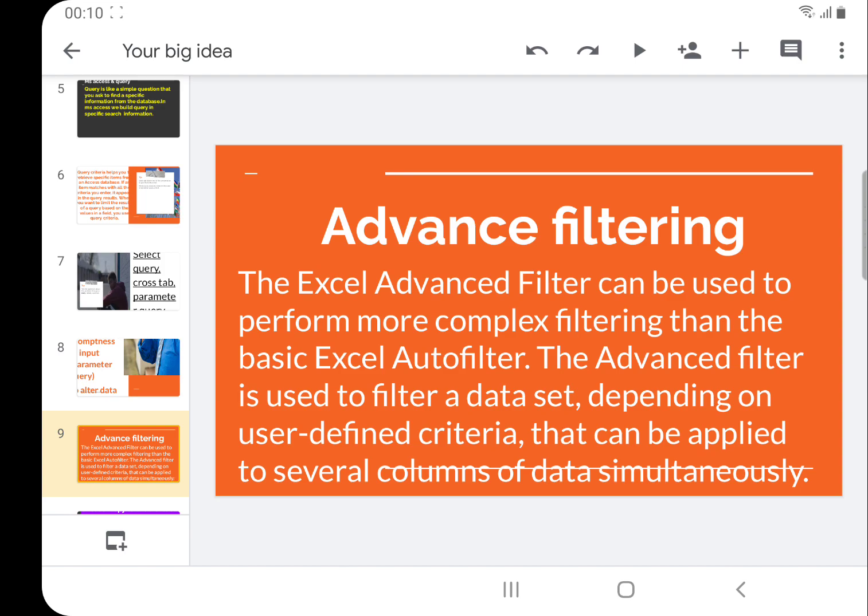The advanced filter is used to filter a data set depending on user defined criteria. If the user does not want what you have already set and wants to change it, in that case, if they filter it once and set it forever, that will always come. So that can be applied to several columns of data simultaneously.